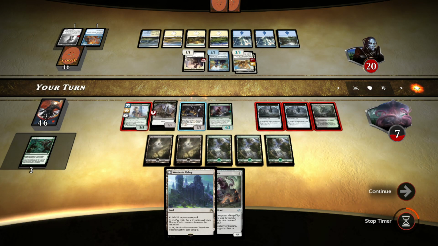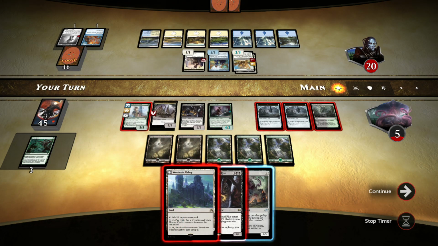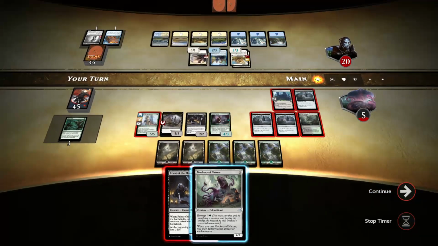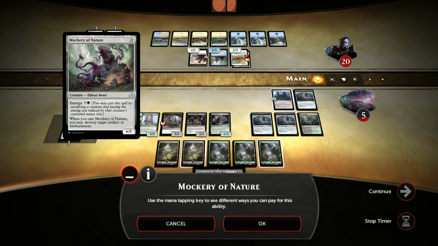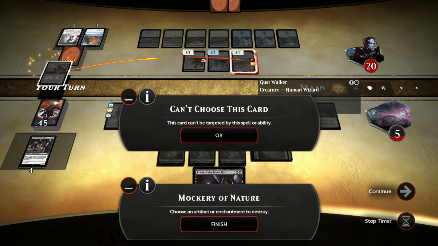So the opponent goes ahead and passes the turn back. He's just waiting for me to drain myself to death. And I drew another Priest. But I can go ahead and emerge here on the first one to get rid of it. But I think playing the second one out might be a little dangerous. So since the Priest costs 5, this emerge only costs me 2. And I can destroy...